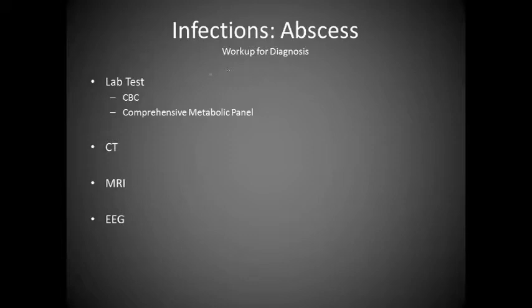Lab tests such as CBC and comprehensive metabolic panel. We should also say CRP, C-reactive protein, to see if there's inflammation in the body. Additionally, you can do a spinal tap to see whether